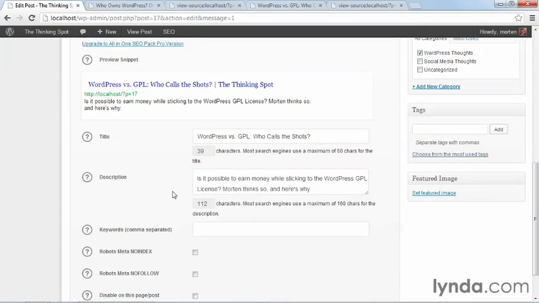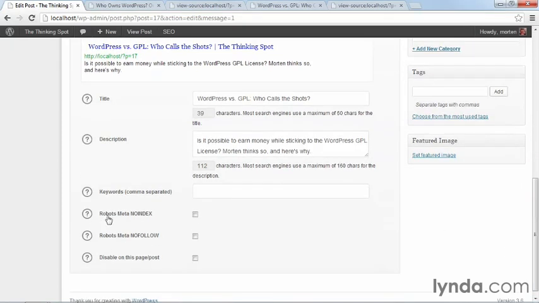Now, there are a few more fields in this panel. In addition to title and description, you see I also have a keywords field where I can put in keywords. Now, I'm just going to tell you this up front. There's no point in putting keywords in this panel because no search engine and nothing else on the web actually tracks keywords anymore. It's an old technology, so forget about it. It's not worth it. Below that, you have three checkboxes: robot meta no index, robot meta no follow, and disable